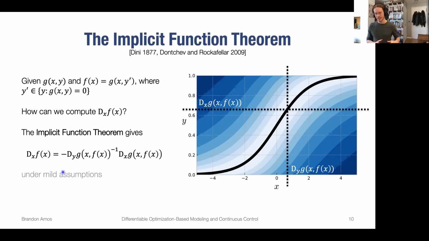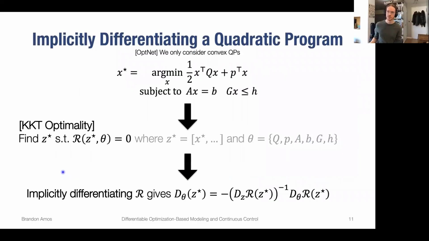So taking this piece, we can now apply it to these more general optimization problems, to get the derivatives that we want for, say, the machine learning setting. If we start with a quadratic program, we have something like this. We're filling in the objective with some parameters that are shaping the cost and also shaping the constraints of the optimization problem. And the only thing you need to do to get to differentiating is convert it into an unconstrained root finding problem.